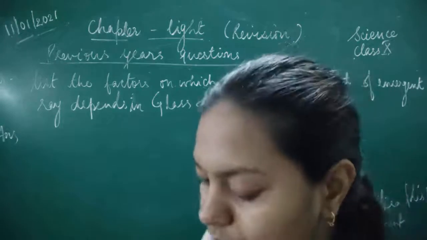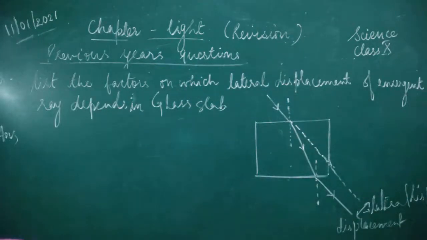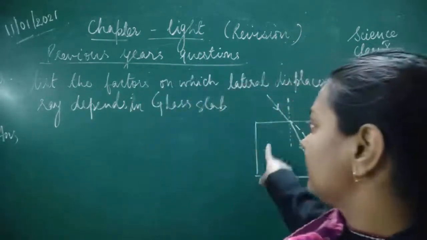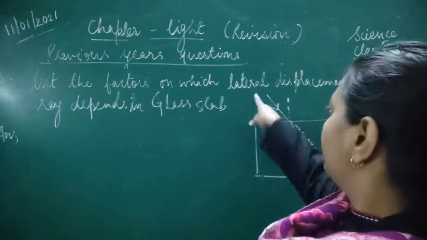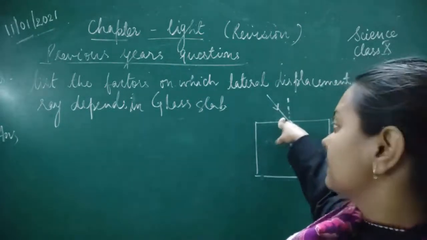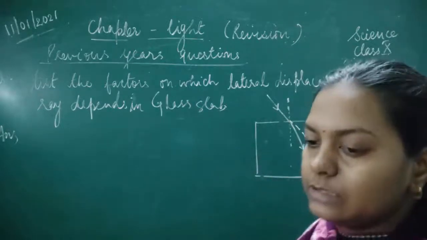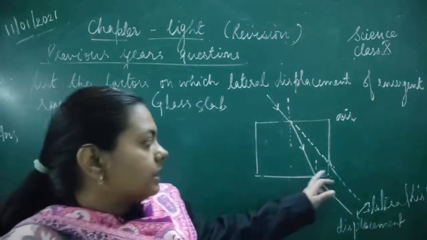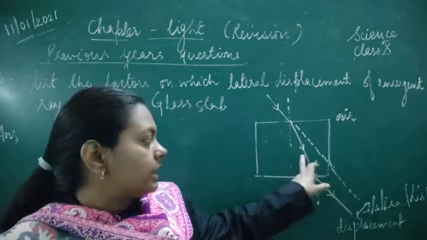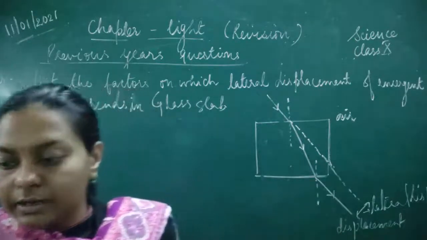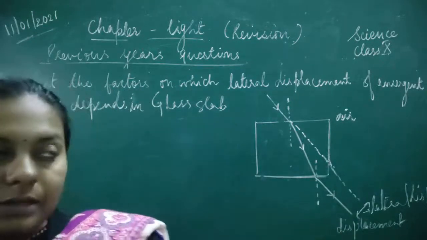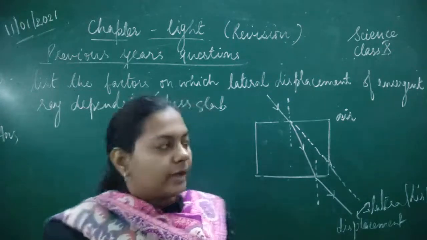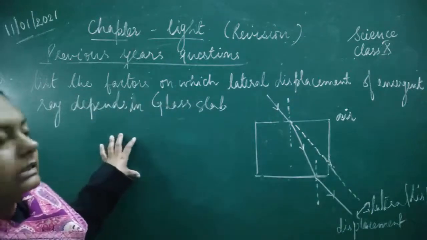Now, according to this question, a ray of light is incident obliquely on a face of a rectangular glass slab which is placed in the air. One ray of light is coming and striking the surface obliquely. Obliquely matlab tirchi, ठीक है? Then it emerges from the opposite parallel face. ठीक है? Opposite parallel face से निकल रही है, यहाँ से ये emergent ray निकल जा रही है next side से. State the two factors upon which the lateral displacement would be based. So I have written only the half question which was being asked in the book.